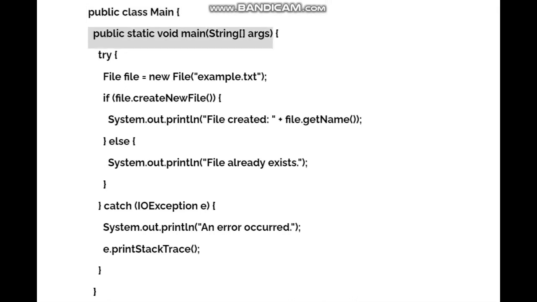try { File file = new File("example.txt"); if (file.createNewFile()) { System.out.println("File created: " + file.getName()); } else { System.out.println("File already exists."); } } catch (IOException e) { System.out.println("An error occurred."); e.printStackTrace();